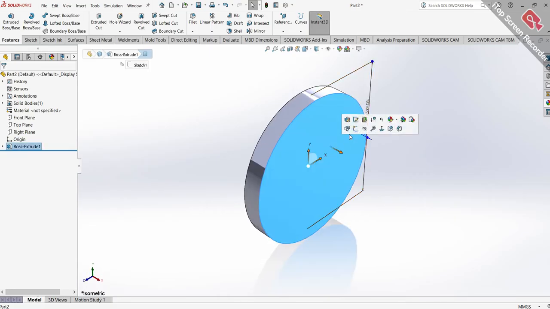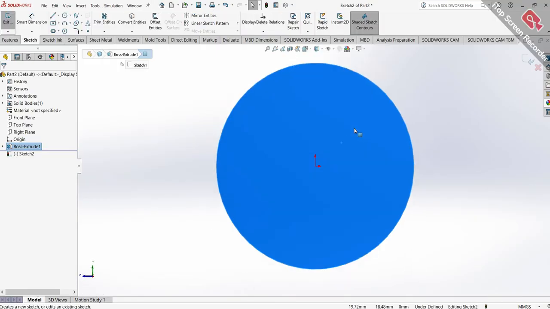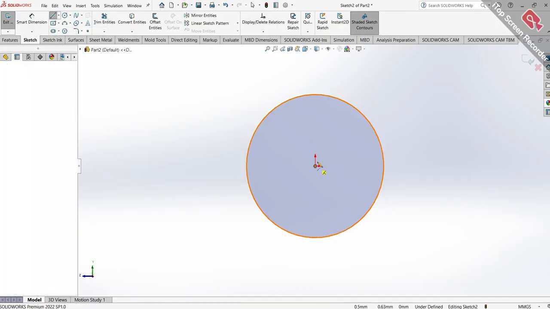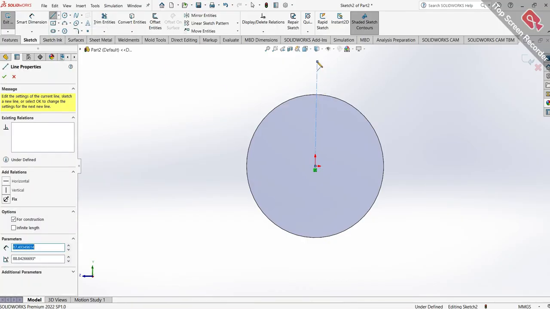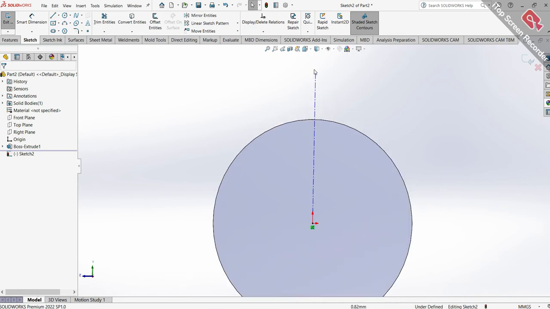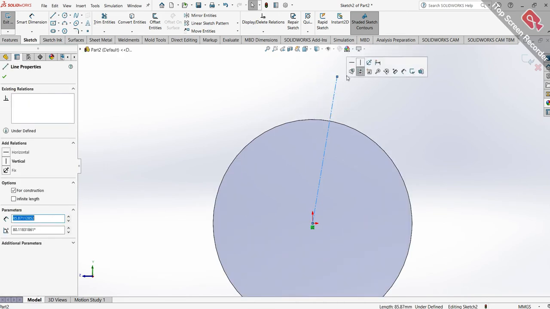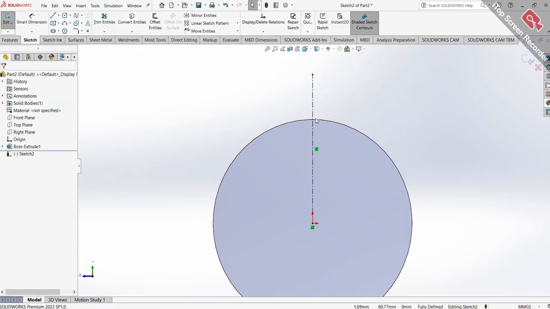I click here and click on sketch. I'll get a center line from this center, I click. I have something like this. It might not be straight. Sometimes you might have something like this. All I have to do, I click on it, then click make vertical. So I have something like this. Then the next step,